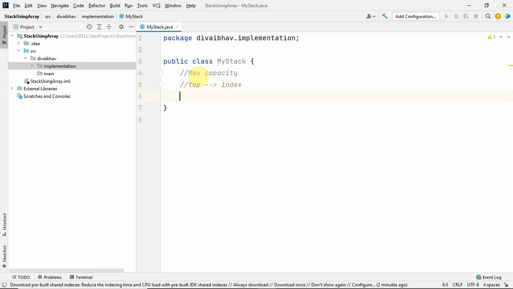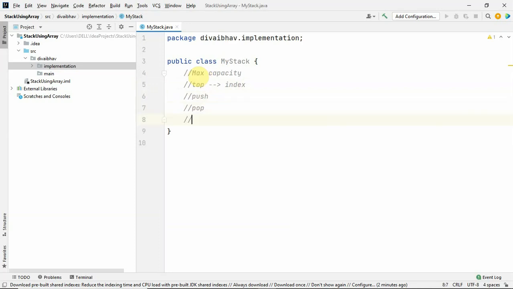We are going to define some methods like push, pop, then peek. We are going to define isEmpty method, and one more method we are going to define is size. This size method will show the total number of elements present in our stack at any given time.